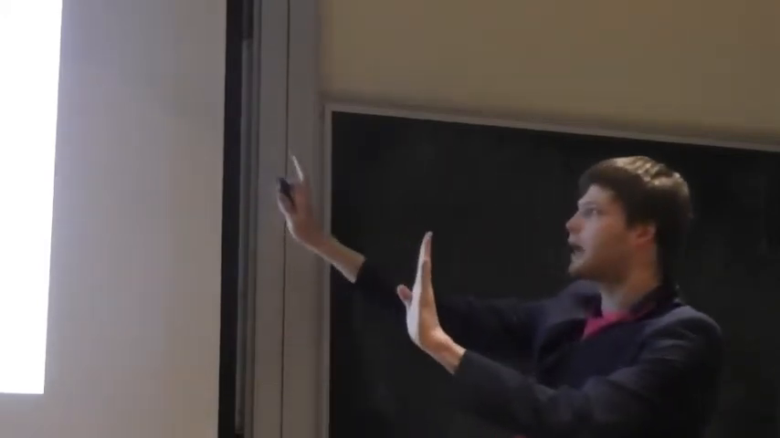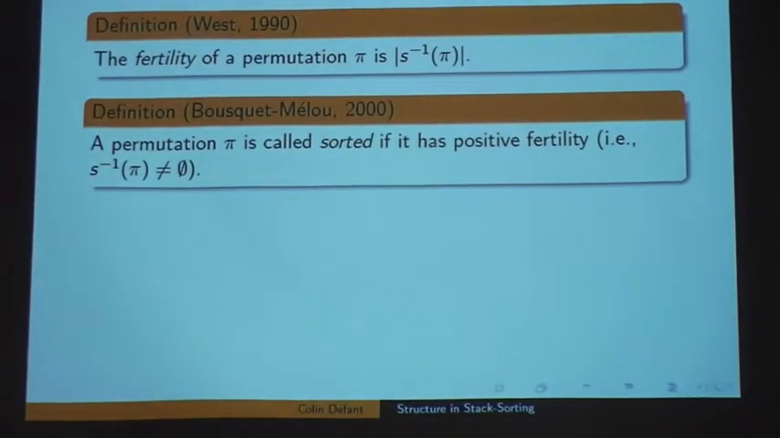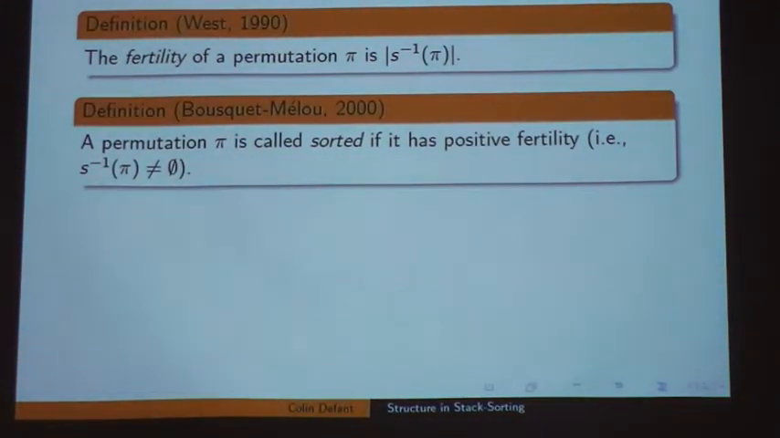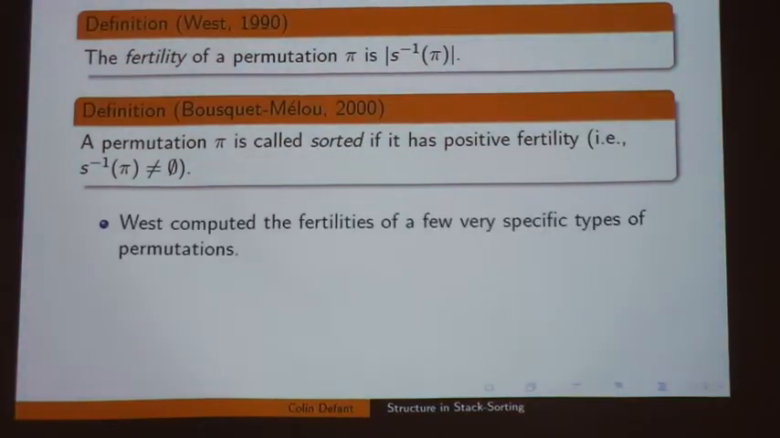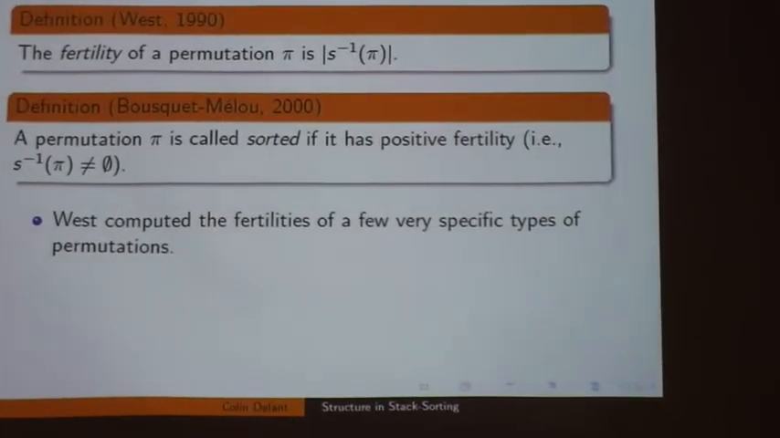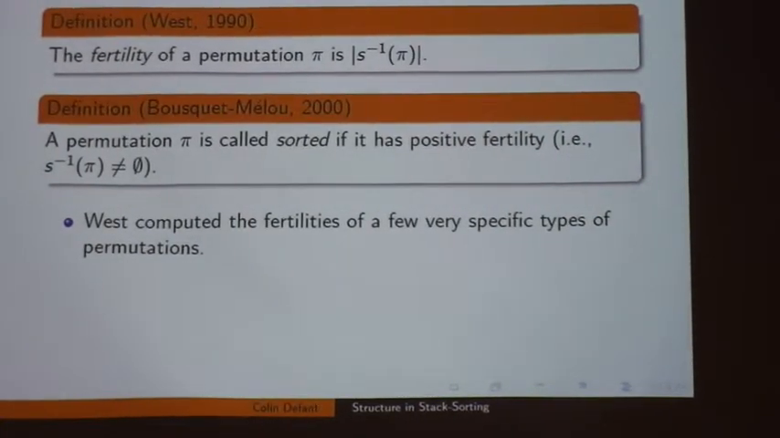Okay, so there's something complicated in these definitions. The fertility of a permutation is just the number of preimages of the permutation under the stack sorting map, and saying a permutation is sorted is the same as saying it has at least one preimage. Now, West was able to compute the fertilities of some very specific types of permutations. For example, if you take the identity permutation of length n, and you switch two consecutive entries, that's an example of a permutation where West can compute the fertility, but again, that's a very specific type of permutation. And